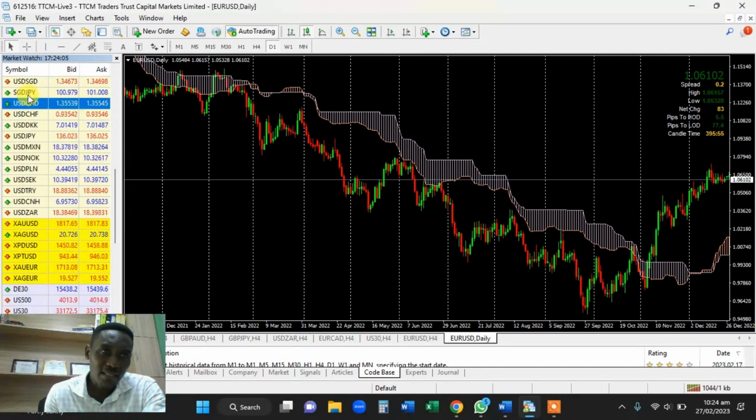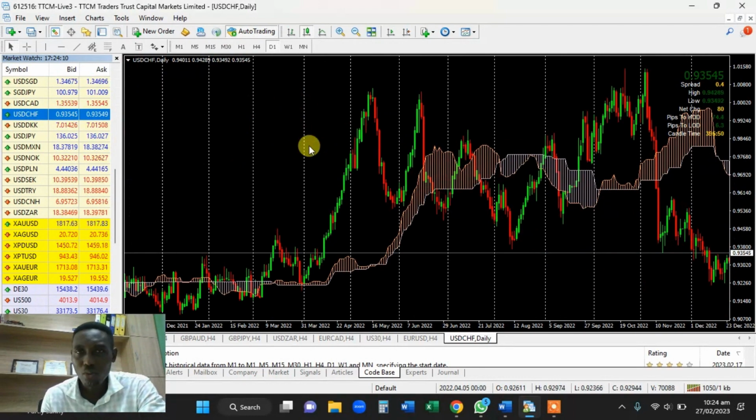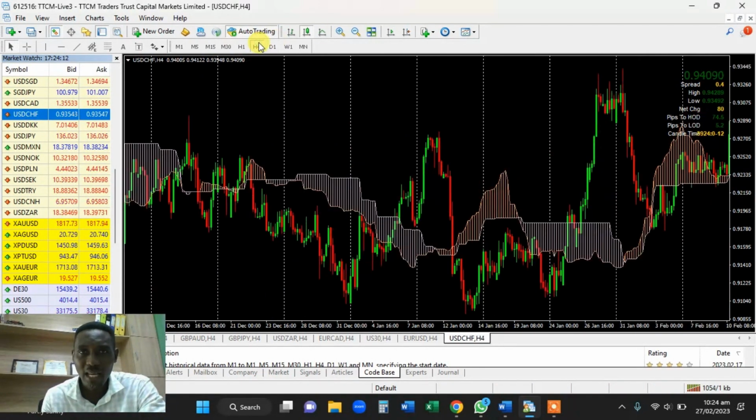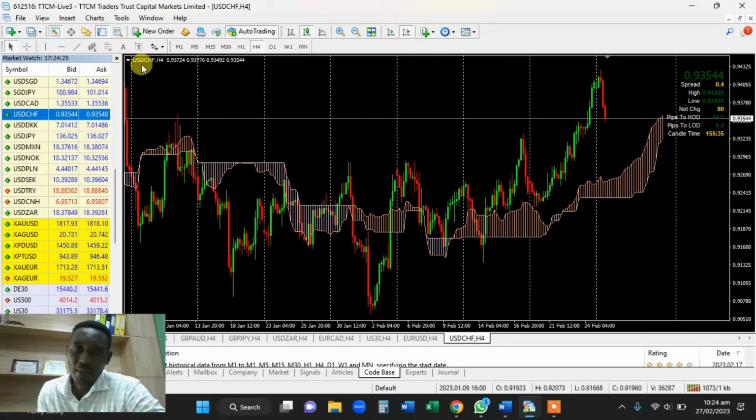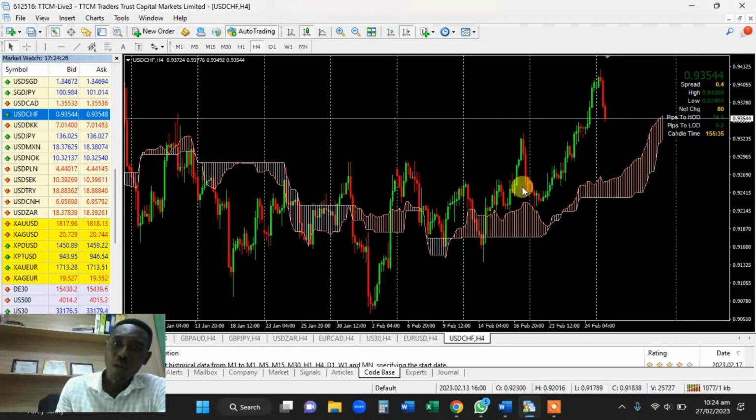The time frame really doesn't matter. What Ichimoku is telling you is that if I am above the cloud, you have to buy me. If I'm below the cloud, you have to sell me. So on the 4-hour time frame, and also I am not really interested in the pair. I'll be changing the pairs anyway, but it's what information I am getting.